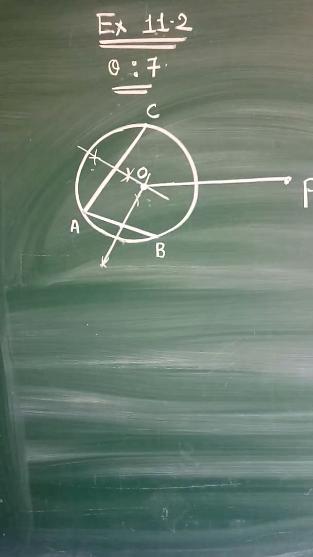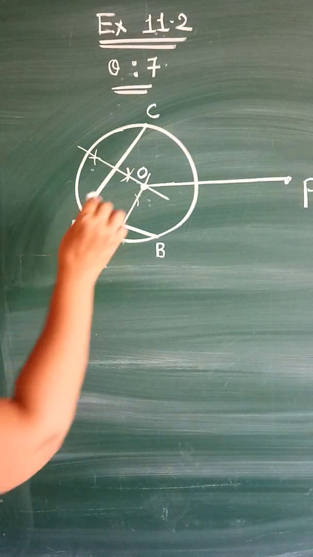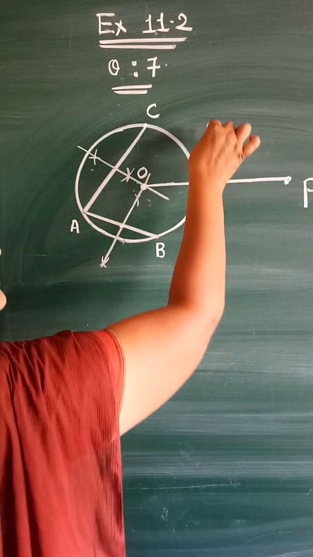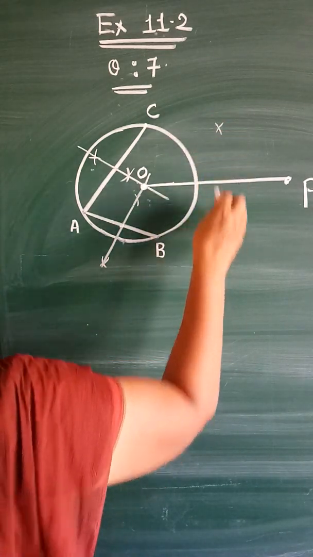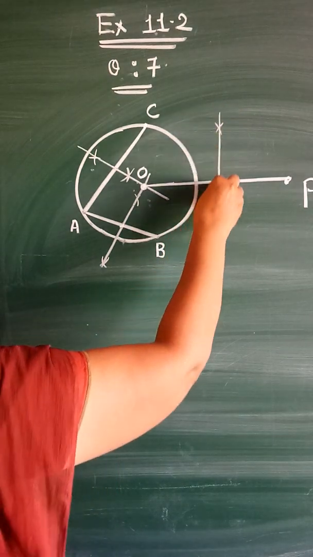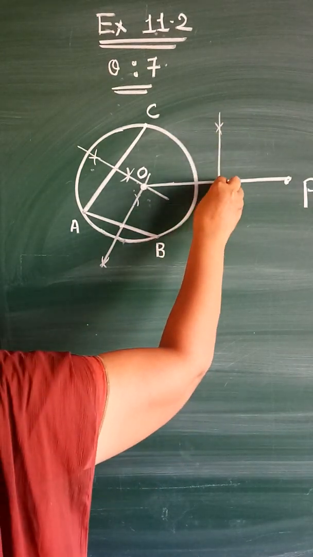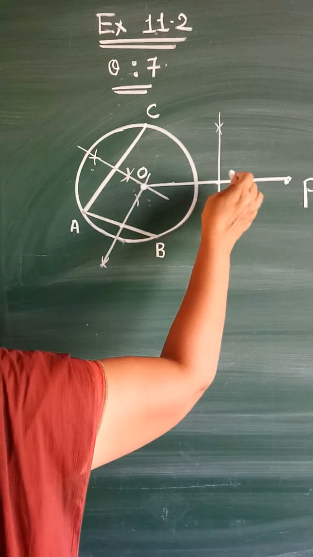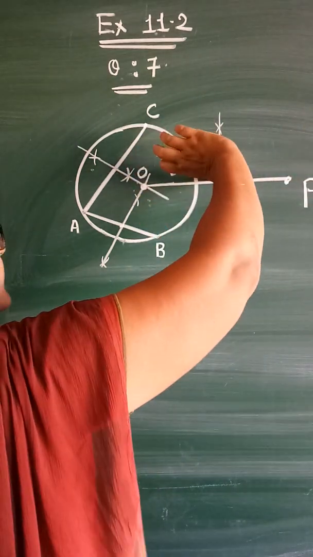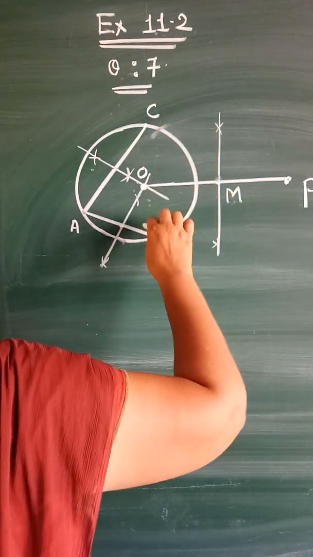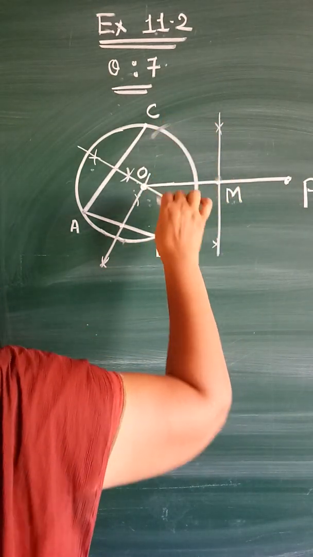Now again, this is construction 11.3. Again take the perpendicular bisector of OP. Take more than half the distance of OP. Give an arc upside, downside like this. So this is the perpendicular bisector. Let us suppose we give the name M here. Take MO distance, not to draw the whole circle. Taking MO distance, give an arc upside, downside wherever it intersects.